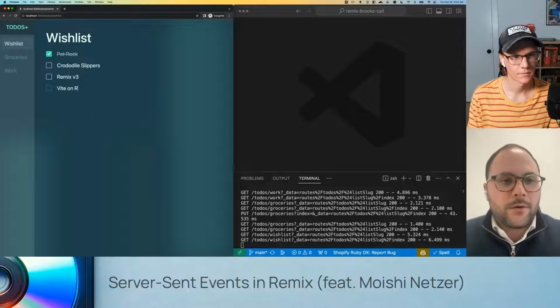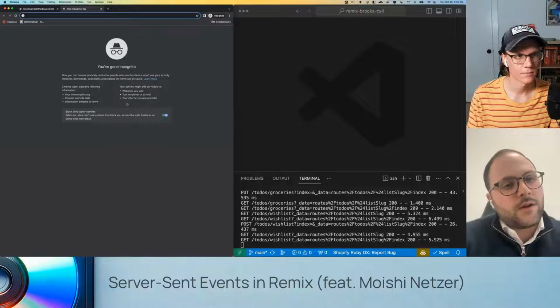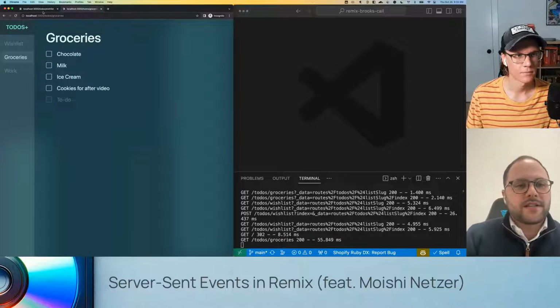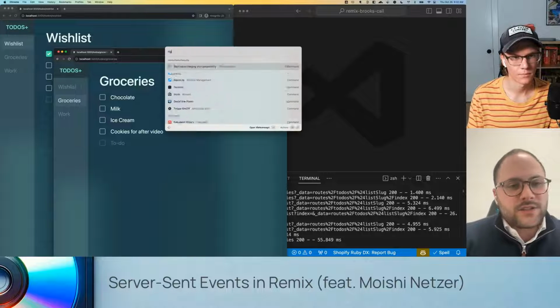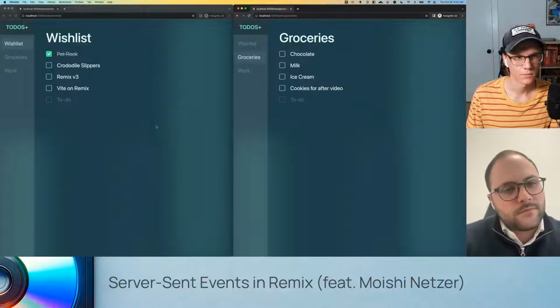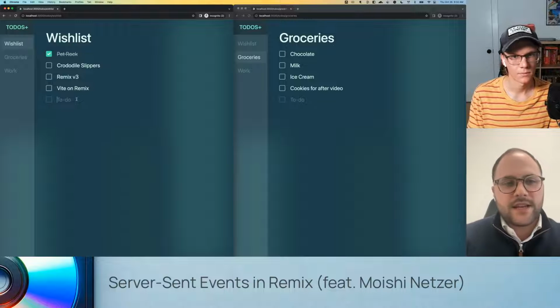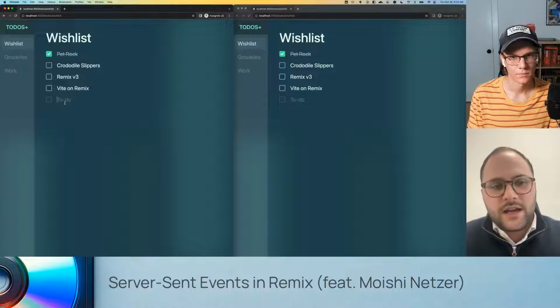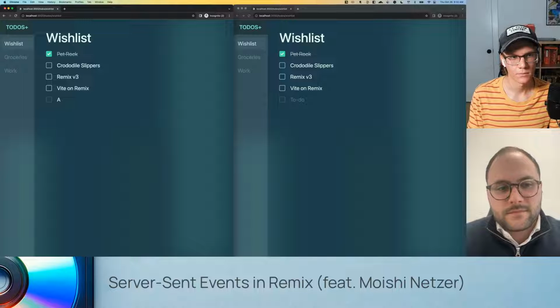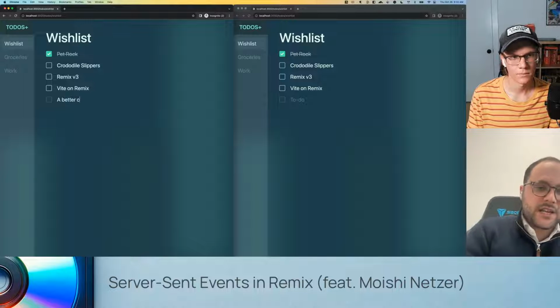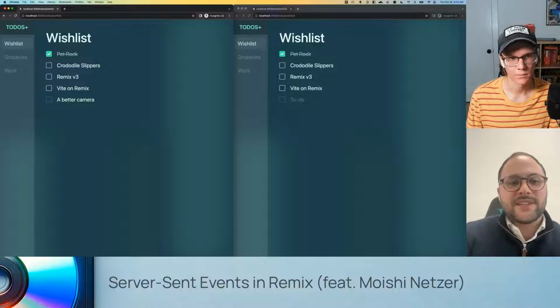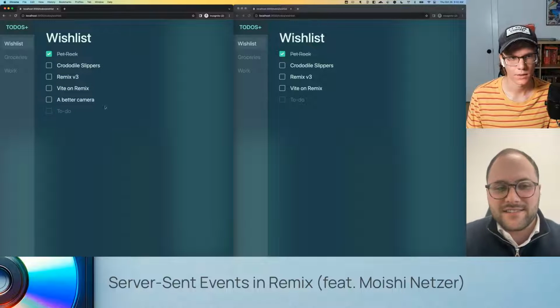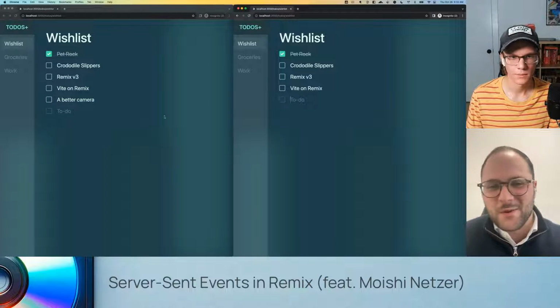How about you open another window with the same application, and let's put them side by side. You can just grab it out and split it. Now, when you make changes on the left-hand side, let's go to the same to-do list. Let's put the right-hand side on the wish list, and let's make some changes. So you're adding something on your wish list.